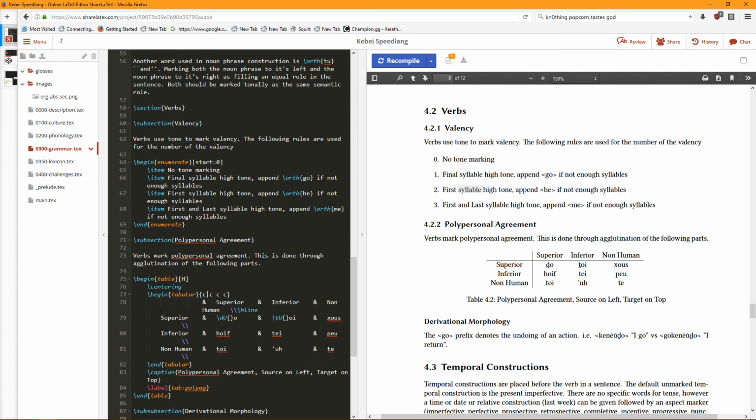Final, initial, and final syllable high tone. Append may if not enough syllables. Polypersonal agreement. Verbs mark polypersonal agreement.